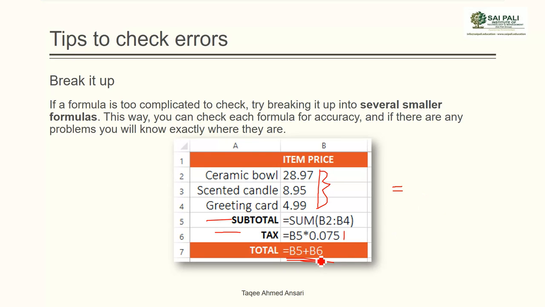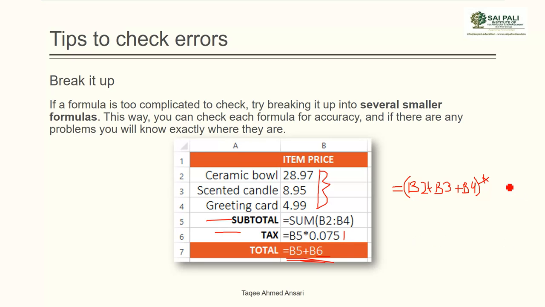That means in this cell I will add these values: B2 plus B3 plus B4, in brackets so that it will calculate first,